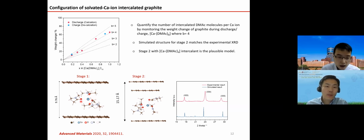Now the next question is, what is the configuration of your co-intercalated graphite compound? We already know the capacity of the graphite, we already know how much solvent and cation there is, and we also know the final lattice parameter of the intercalated compound, right? So by DFT calculations, we found that it shall be stage 2. If stage 1, the final IC lattice parameter is only 9 angstrom, which is far different from the 14 angstrom. If it's stage 3 or stage 4, the capacity is wrong, right? So for stage 2 the IC is 15 angstrom, which is close to the experimental value, and the theoretical XRD also matches well with